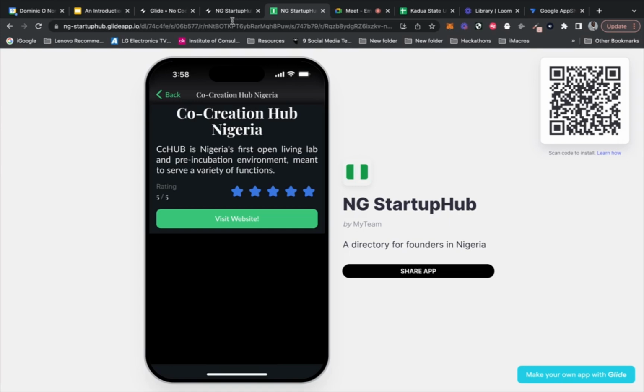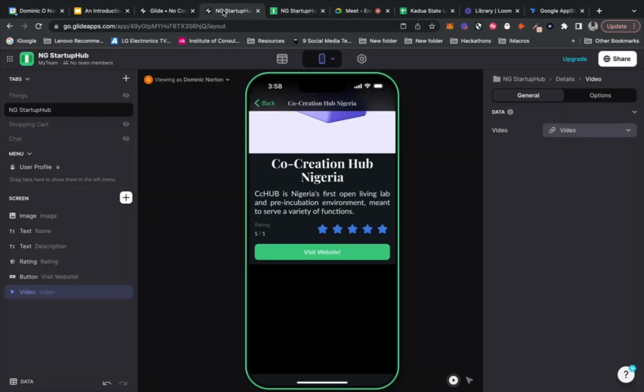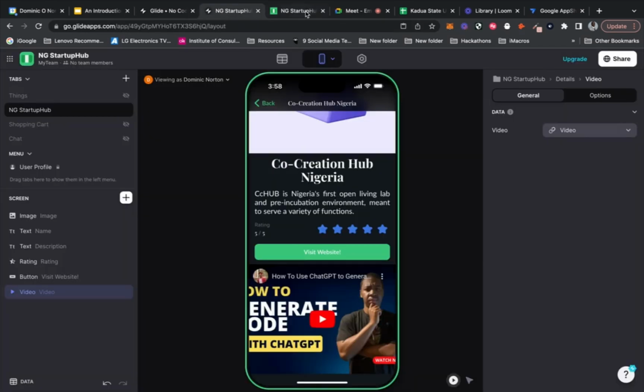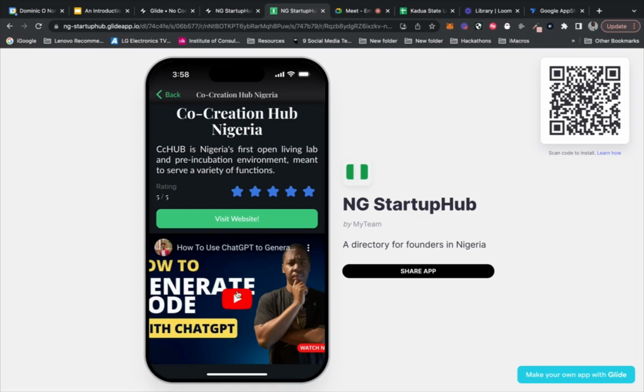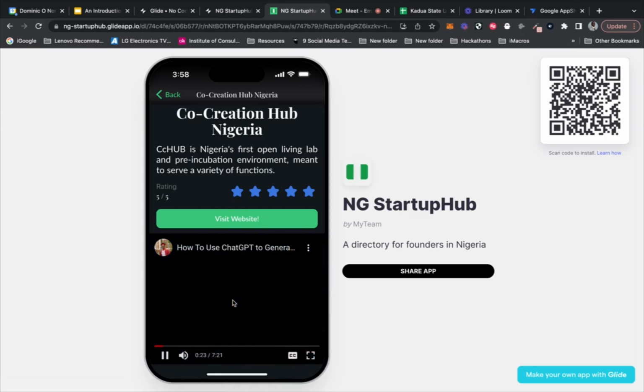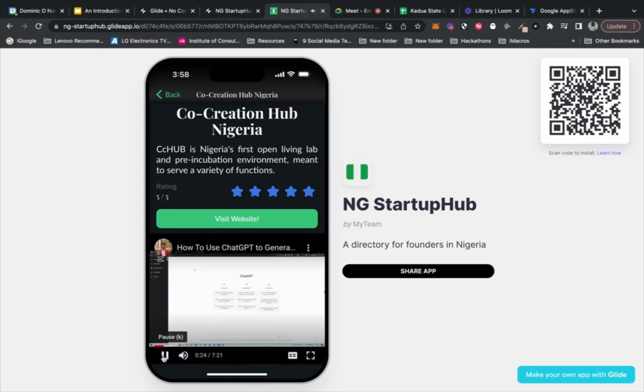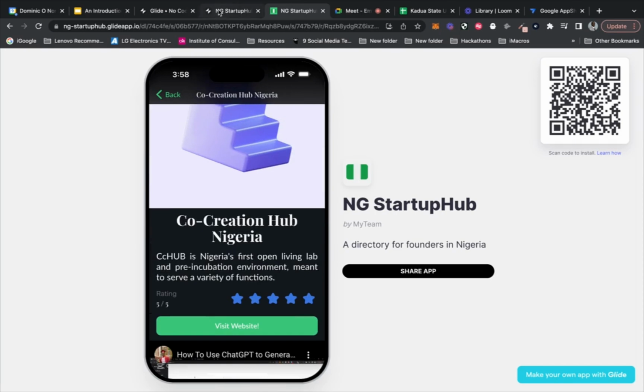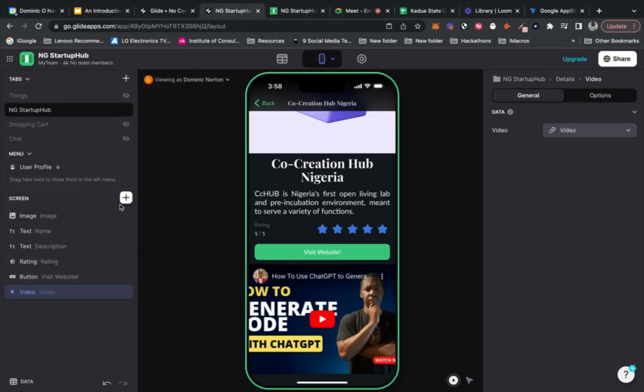We should be able to see the video. Okay. So the video is loaded. So you can actually embed videos in your app. That's an easy way to create an e-learning app. It's an easy way to create an app for your school or an app for your class. Yeah, the sky's really the limit for what you can create.